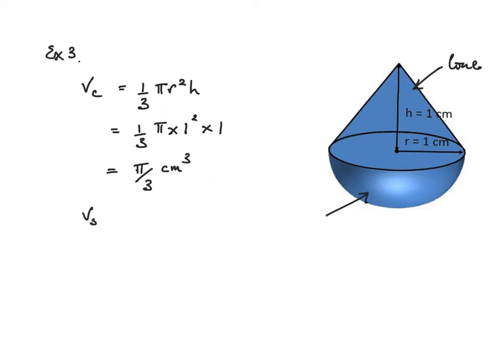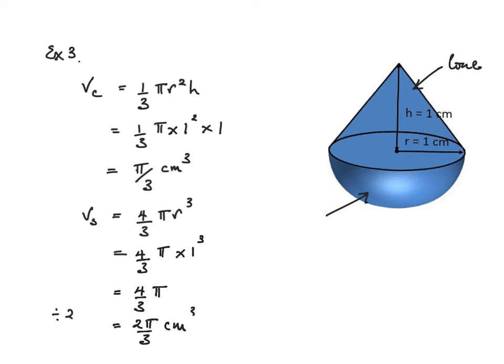Now the volume of the sphere is given by the formula 4 over 3 pi r cubed. Now the radius of the spherical part, here's the centre of the hemisphere, and here's the outer edge, so the radius is 1. 4 over 3 pi times 1 cubed. Now 1 cubed, 1 times 1 times 1 is 1, so we end up with 4 over 3 pi. Now we have to divide this by 2, so 4 lots of pi divided by 2 is 2 pi, so we end up with 2 pi by 3